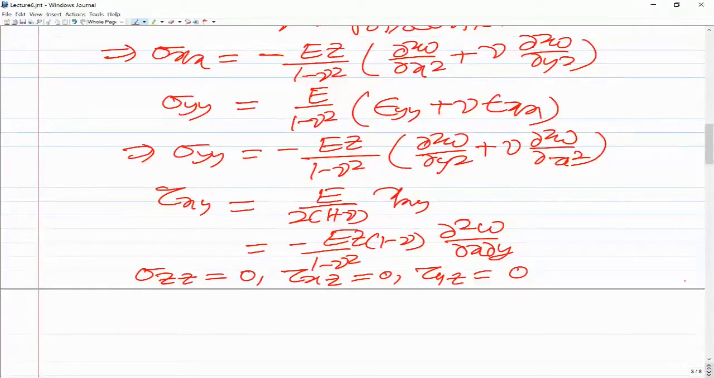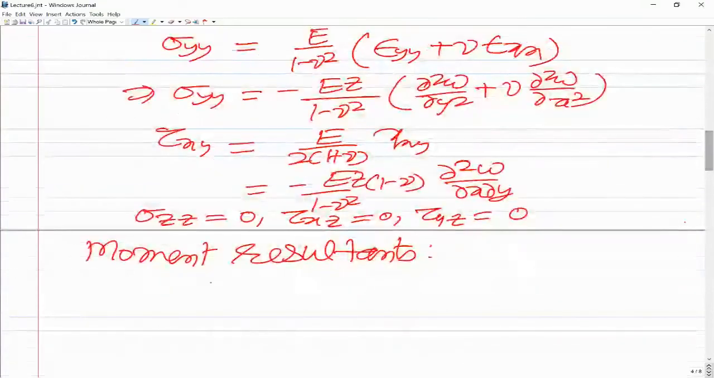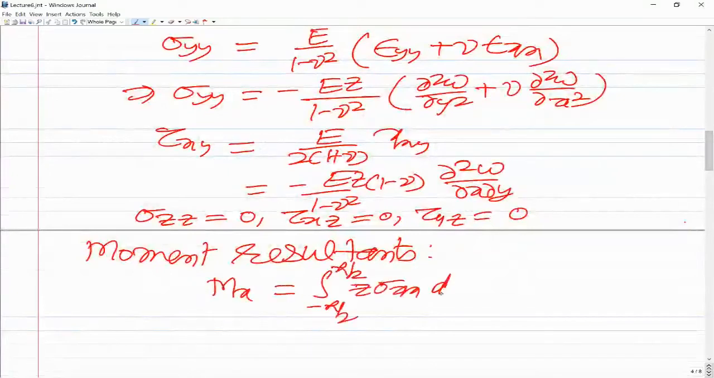Then in the plate theory, we also have quantities called moment resultants. So let us define those also. Moment resultants are the integrated stresses along the thickness direction. We define one as Mx. So Mx is the integral from minus h by 2 to plus h by 2 of z into sigma xx dz. This we call the moment resultant Mx, and I will tell you physically what